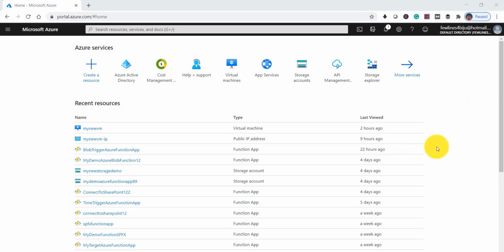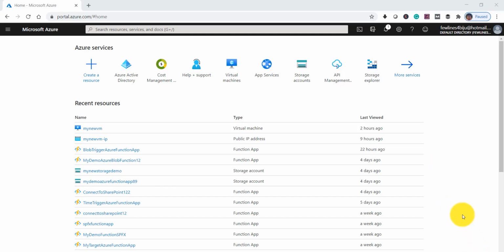Before we start, we should make sure that we have an Azure subscription. You can actually do it with a few clicks. You can create an Azure free account. I will share a URL in the video description. By following that, you can create your free Azure account. It is absolutely free of cost. You'll get a 30 days trial version. You can follow that URL and do that.